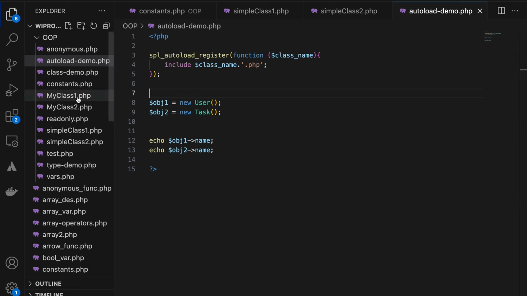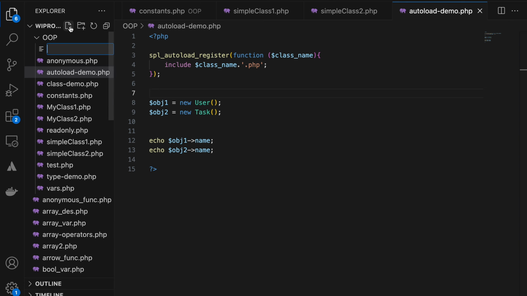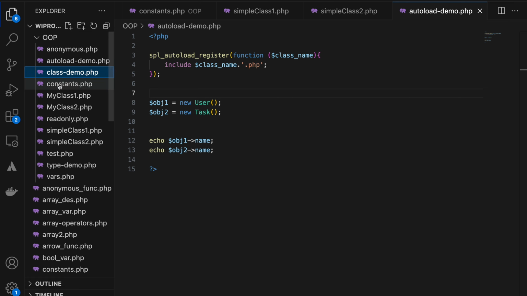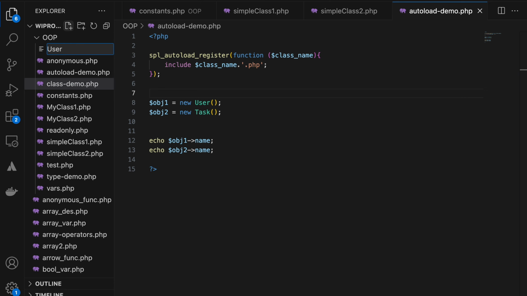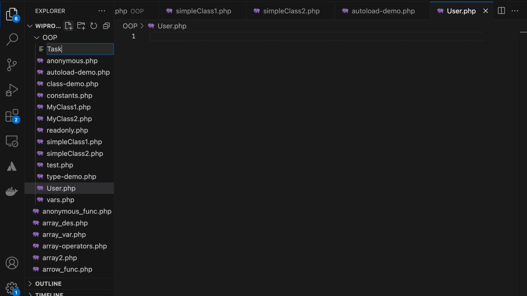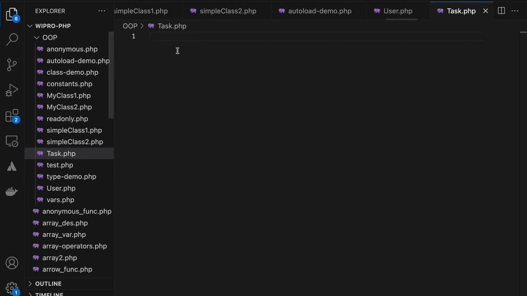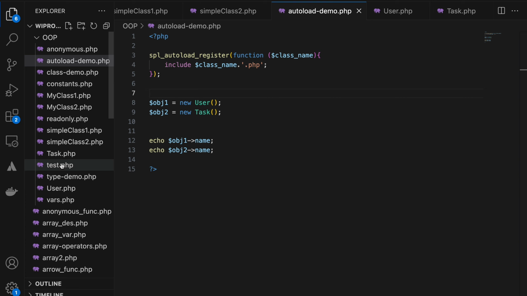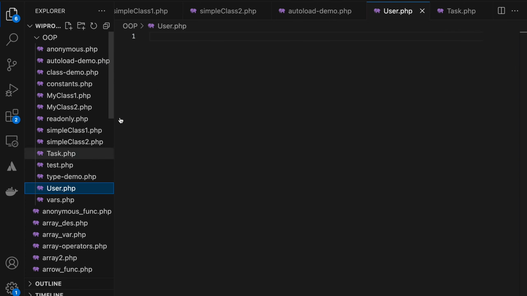Then I have to create a file named user.php, right? Another, task.php, right? And in that user,